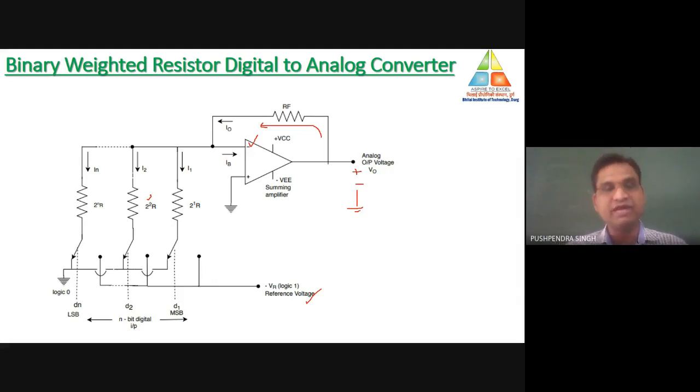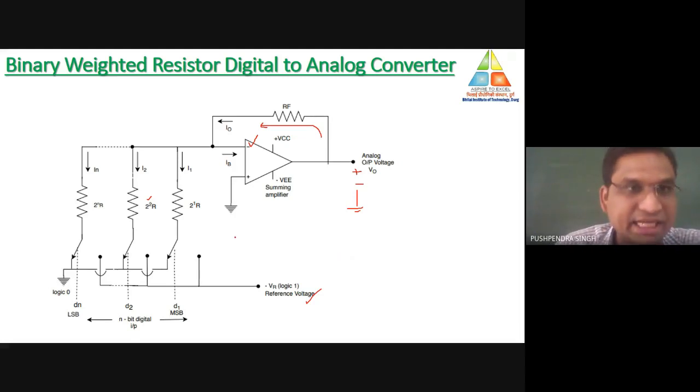Suppose the number of bits is equal to 8. Then 2 to the power 8 is approximately 255, so that much value of resistance we need to use. This is also the disadvantage of this binary weighted type resistor. So at max, for 8 bits, we may use only this binary weighted type resistor. If we want to use binary weighted for DAC conversion, then at max only n equal to 8 bits can be used.